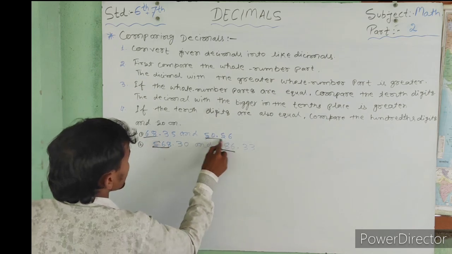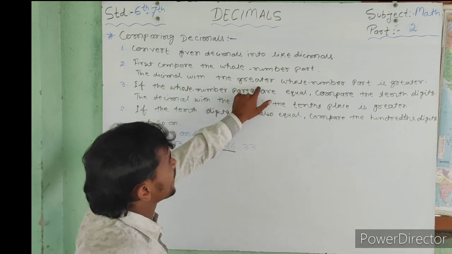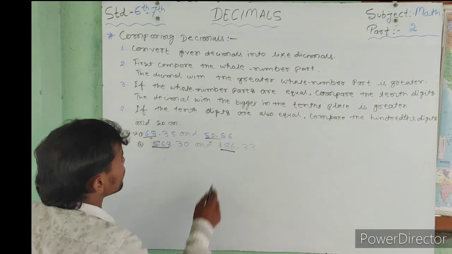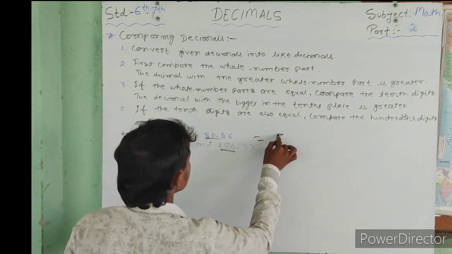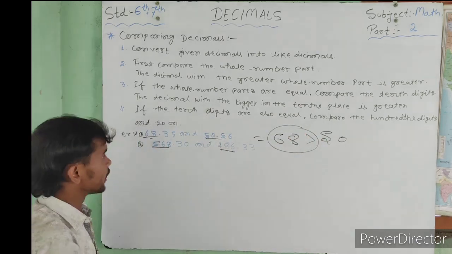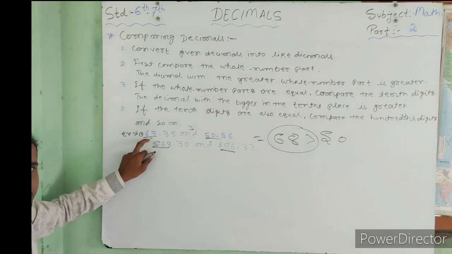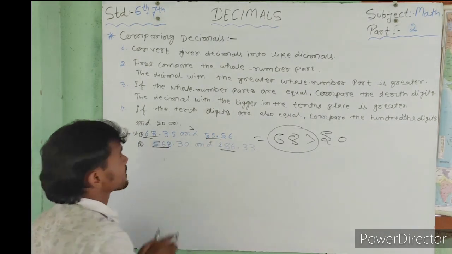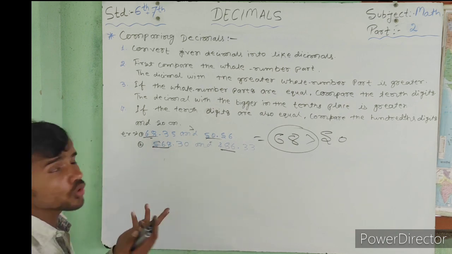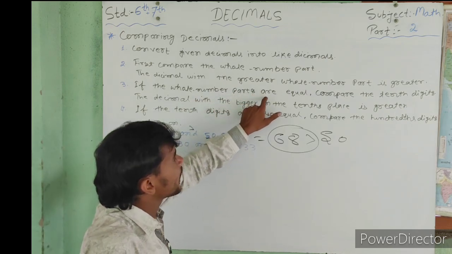Then you also read here: the decimal with the greater whole number part is greater. It means here 68 and here 50, which is greater? You also write 68 and 50, which is greater? 68 is greater, so you also put the sign for that. So that number is the greatest. If both whole number parts are the same, what can I do? So you also read, if the whole number parts are equal,